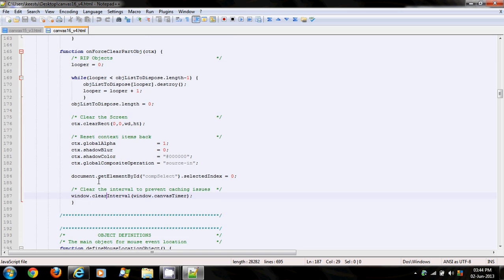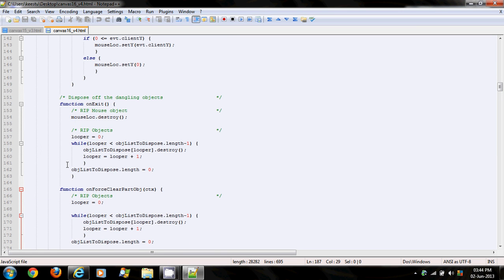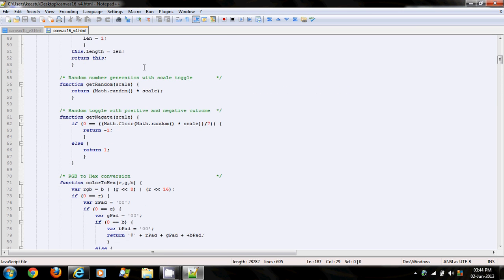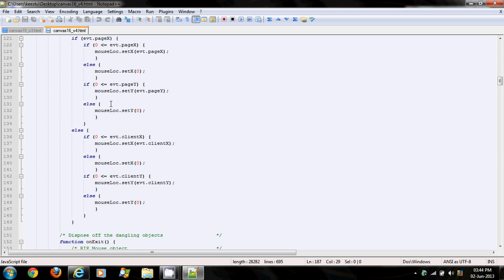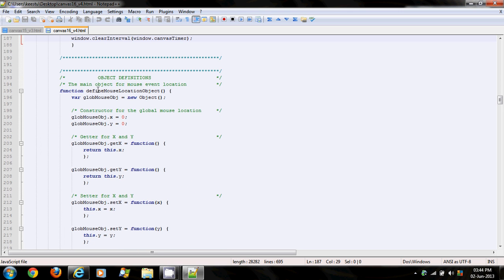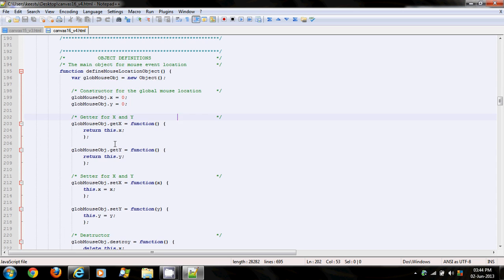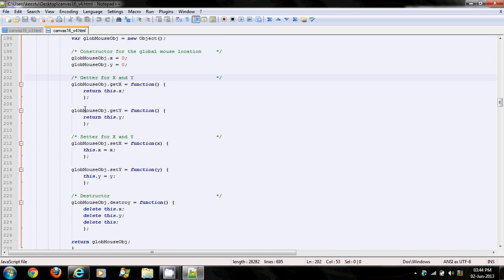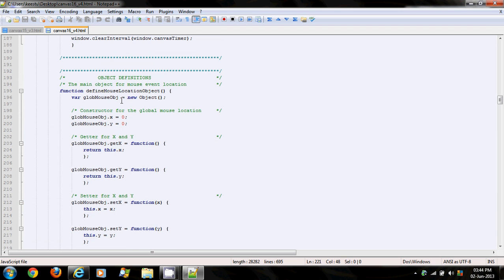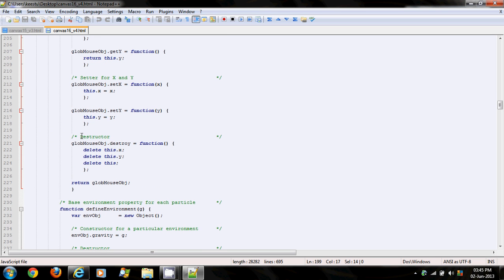Next, you can see that all the common functions have been moved up. Next I am starting with object definition. Over here I have split out more getters and setters, so I don't want anybody accessing these x and y variables directly. I just want you to call getX and getY or setX and setY. You are not to use these x and y variables directly.